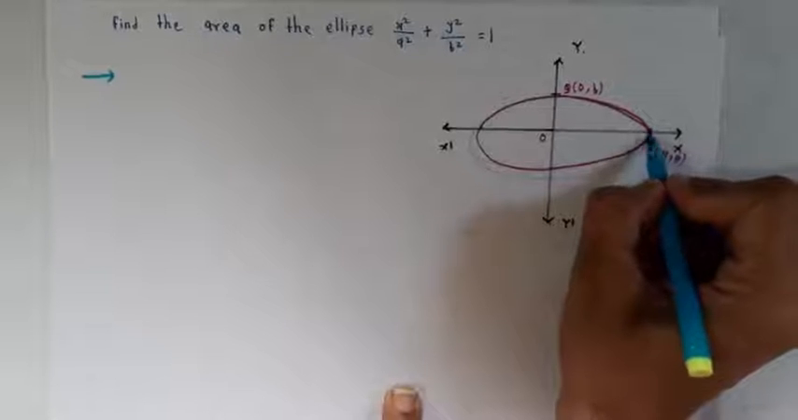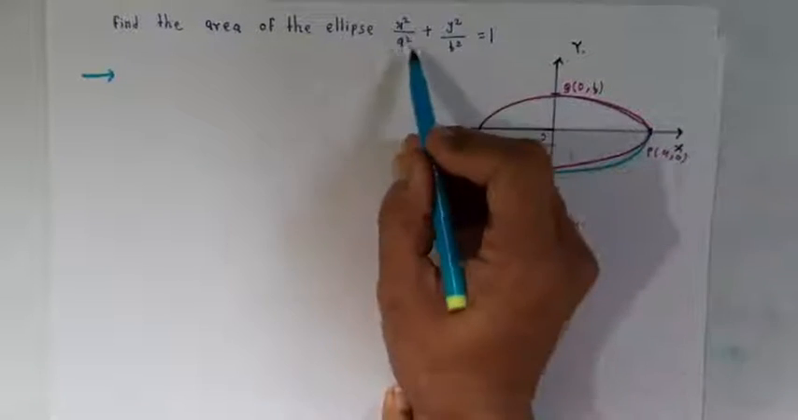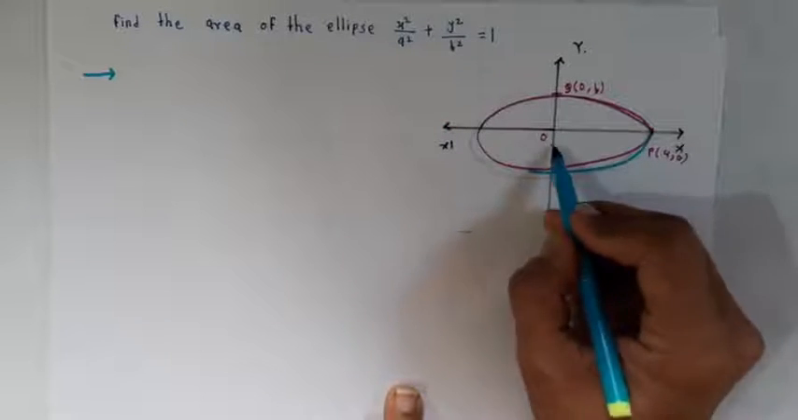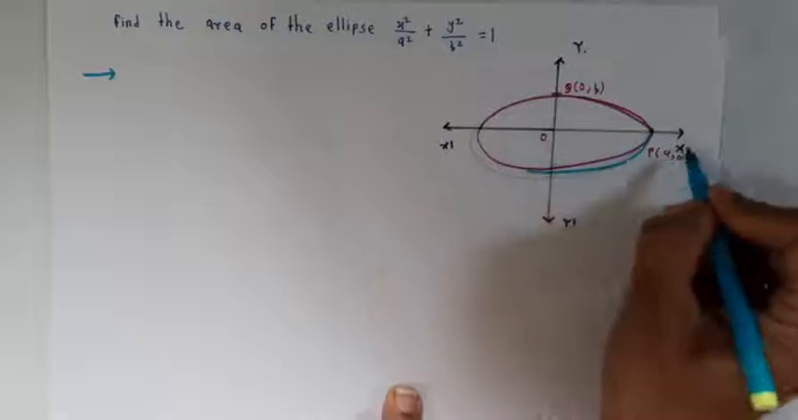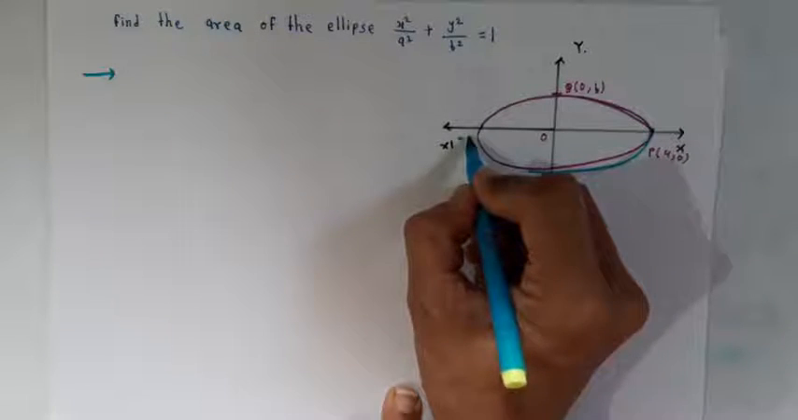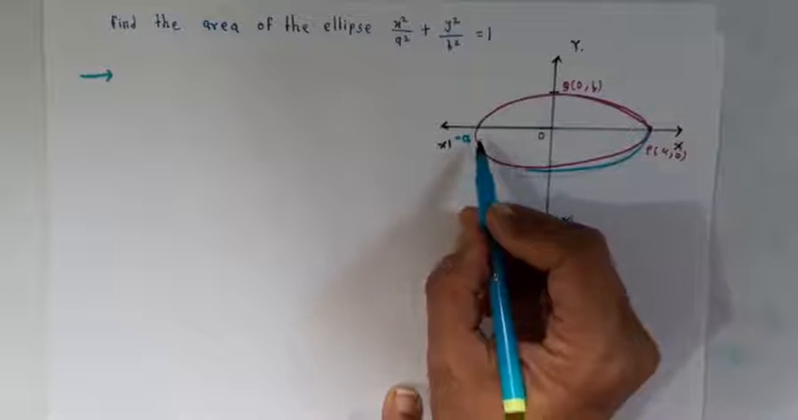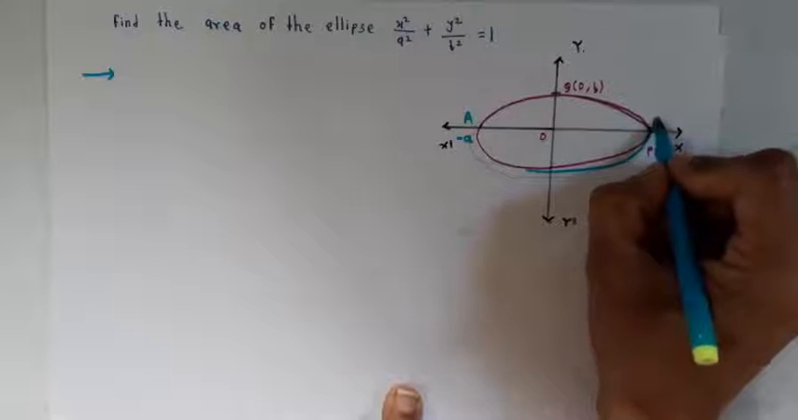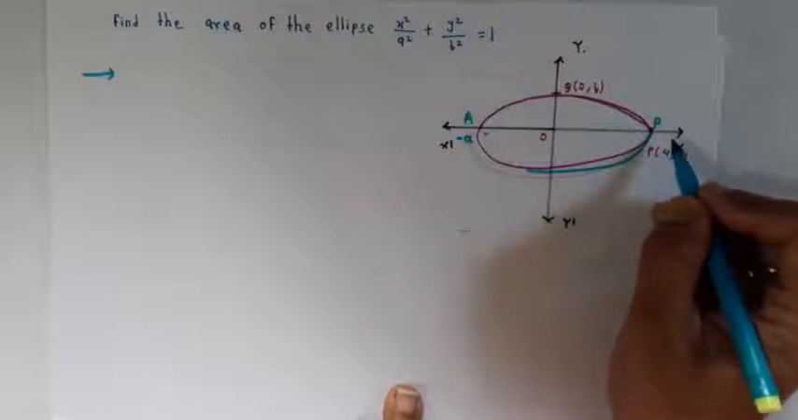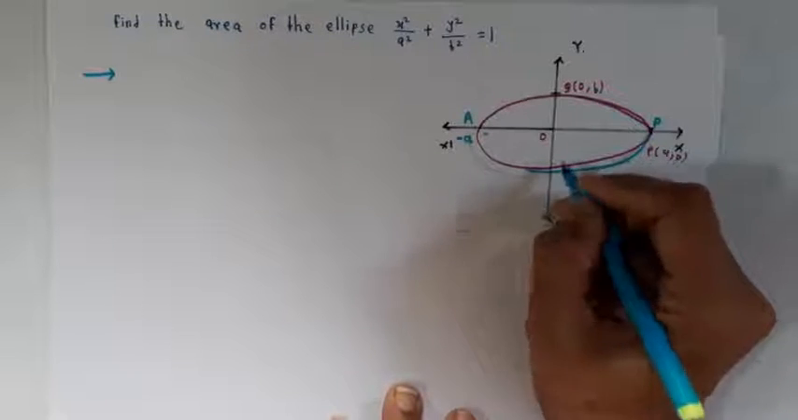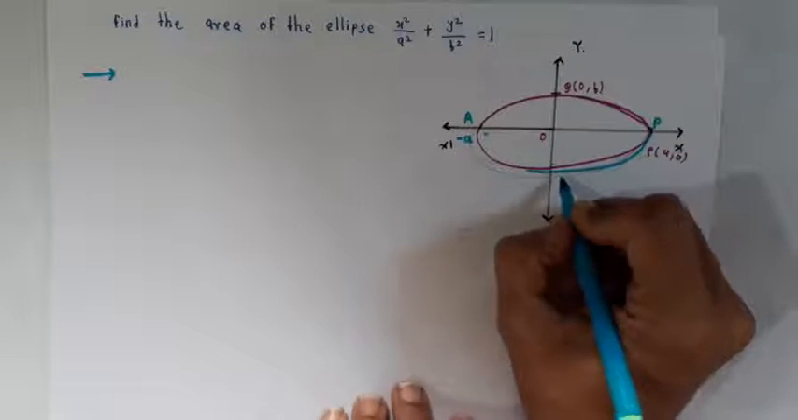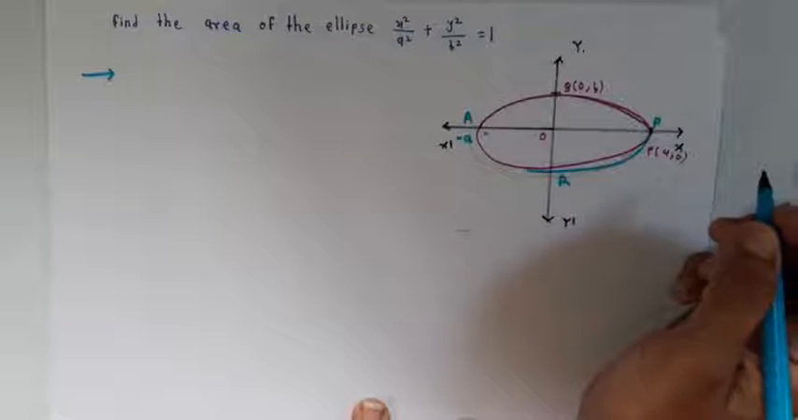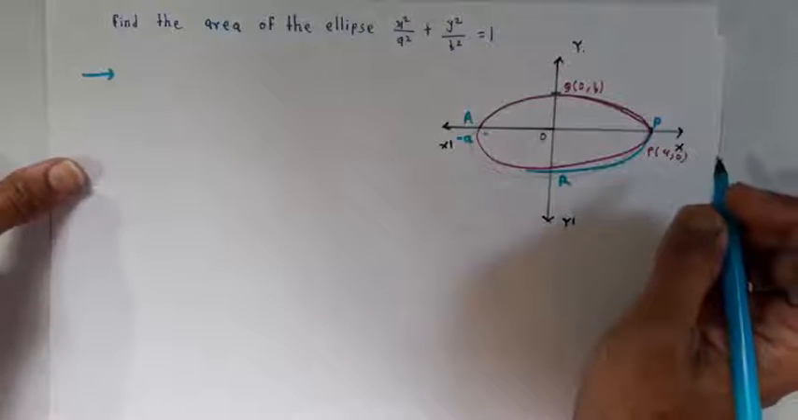Suppose this is the ellipse, and in this equation of the ellipse, here is the origin, 0 to a, and this is 0 to minus a. This AOP is the major axis, and this ROQ is the minor axis. So to find out the area of the ellipse,